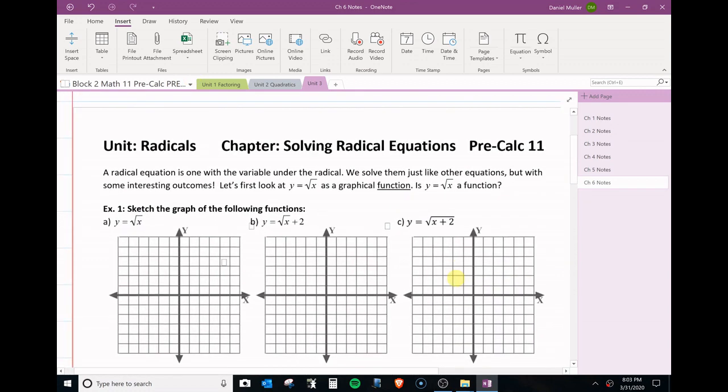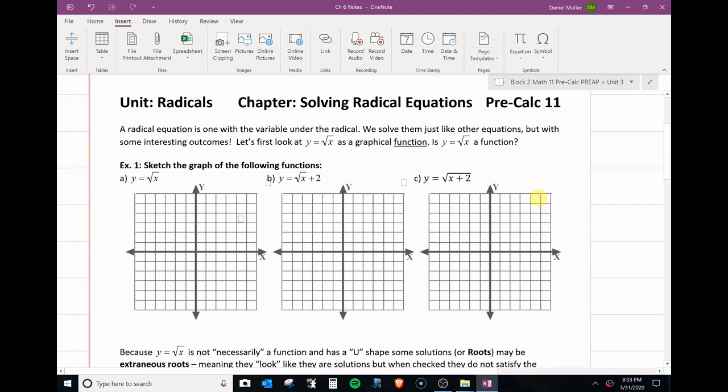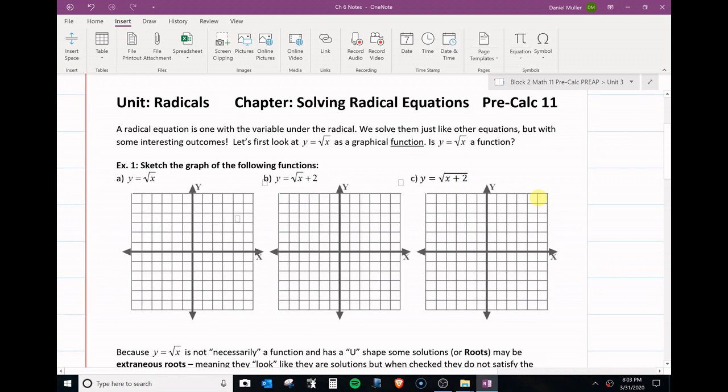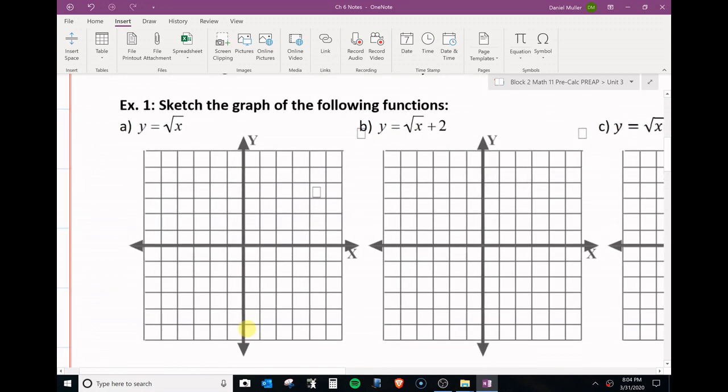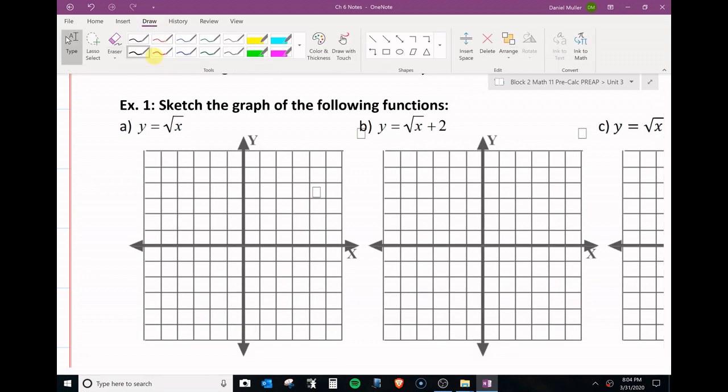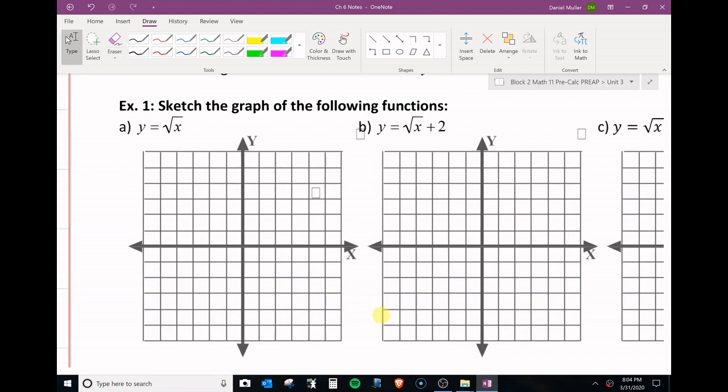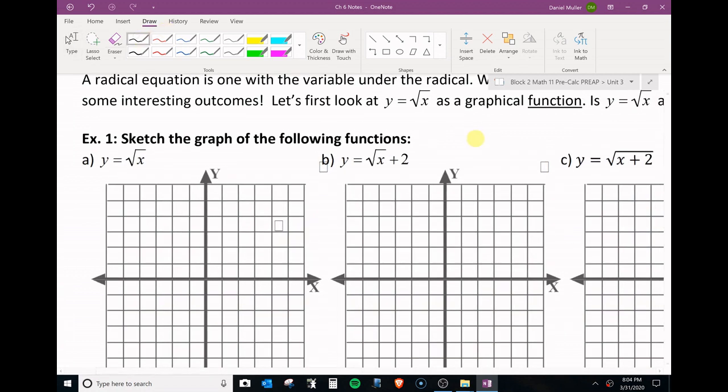The last chapter here, solving radical equations. Before we do that, it's worth just going over briefly what these radicals look like. The square root of x. I'm just going to, unfortunately, somewhat power through this, but we did learn that